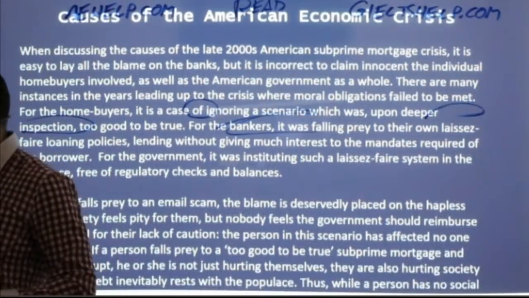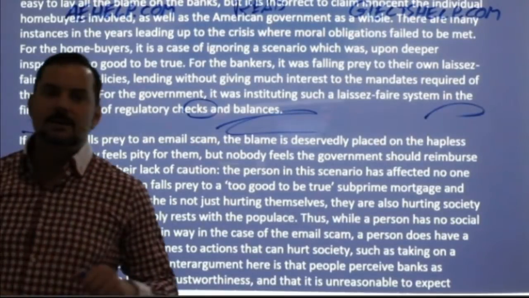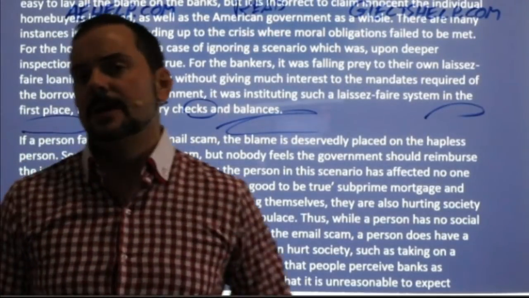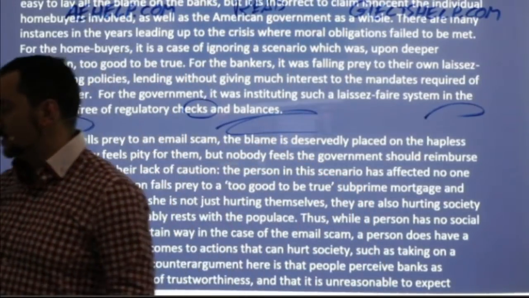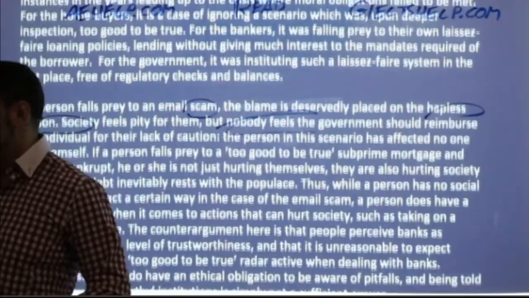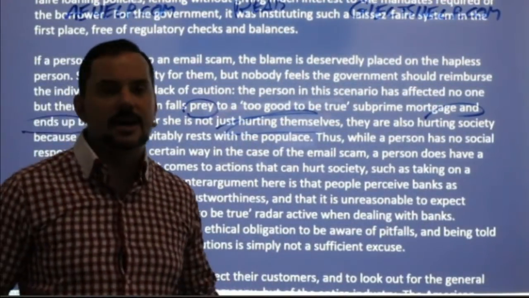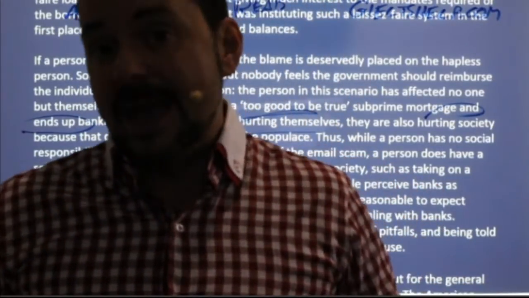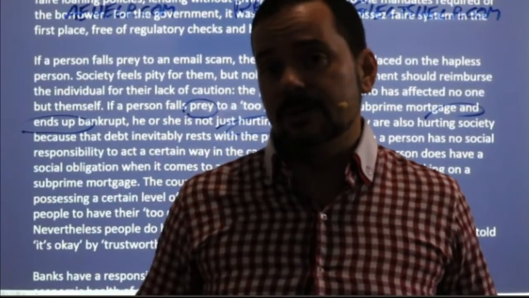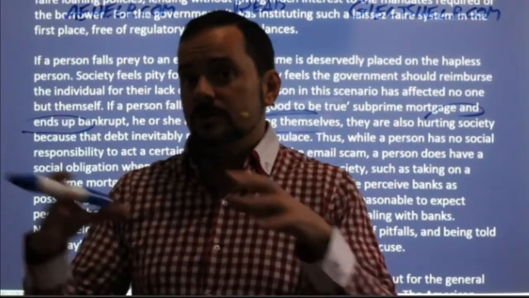Was it my fault? Was it the bank? Was it the government? Whose fault is it that I bought my $1 million home on the beach in California and I couldn't afford to pay? Okay? So whose fault is it? Mine, the bank's, or the government's? Let's keep reading. So that's what it's going to be about, and I'm sure it's going to explain the person, and then the bank, and then the government, because that's a logical way to write the essay, from small to big.